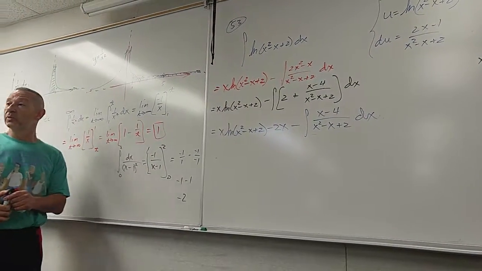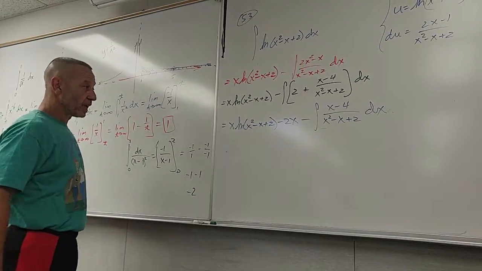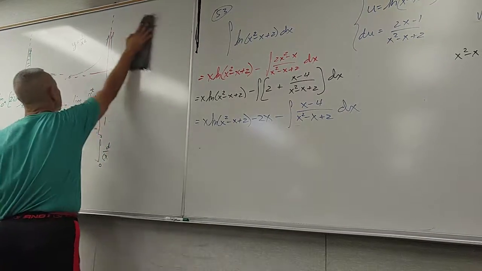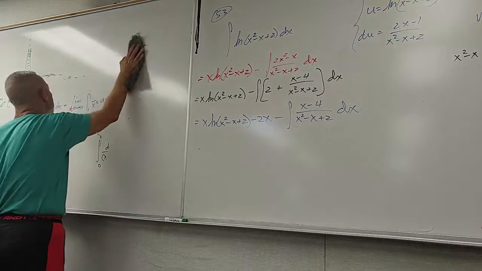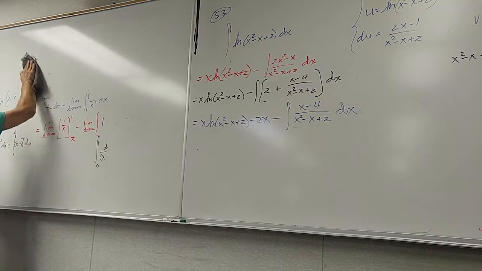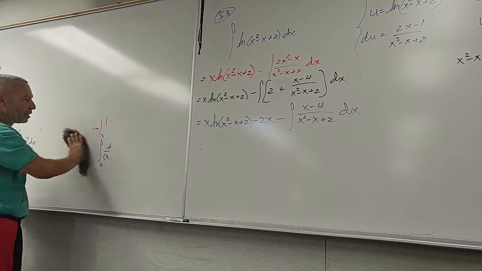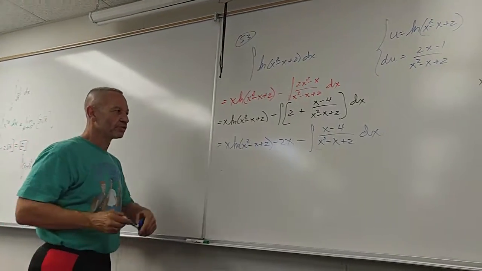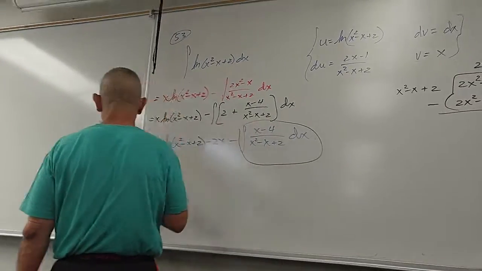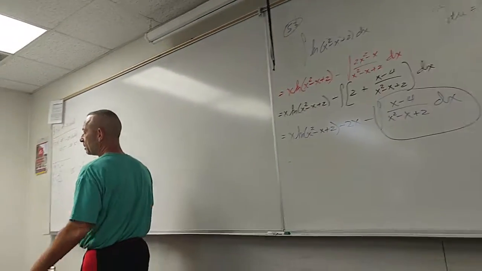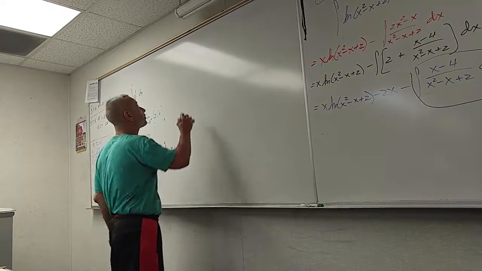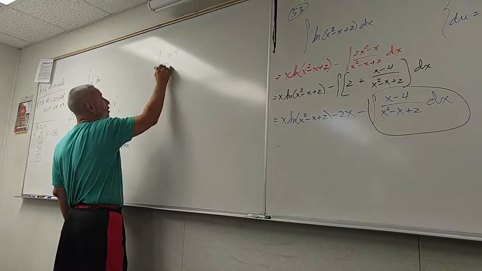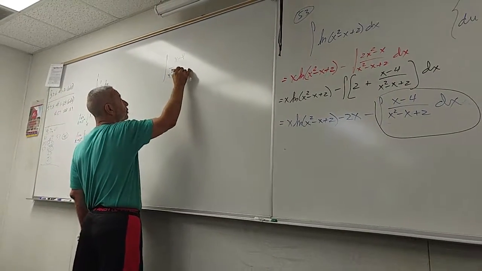So the question is, what do I do now with that? And I'm glad we finally came across one of these. And one of these is referring to the particular polynomial structure. I wanted to show you an example of how I deal with this. So I'm going to pull this one little integral off to the side and do that. Whatever we get, we'll just plug it back in and we'll be done. So if somebody were asking you to integrate x minus 4 over x squared minus x plus 2 dx,